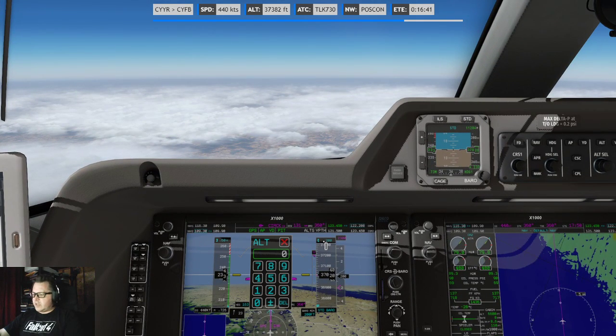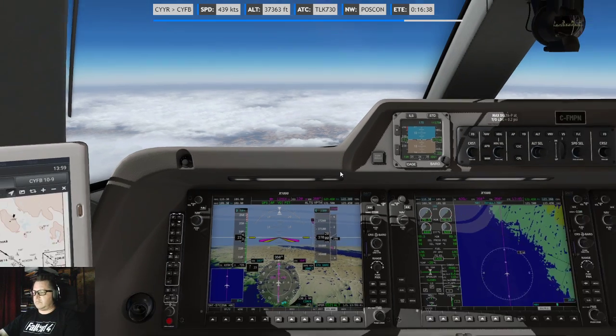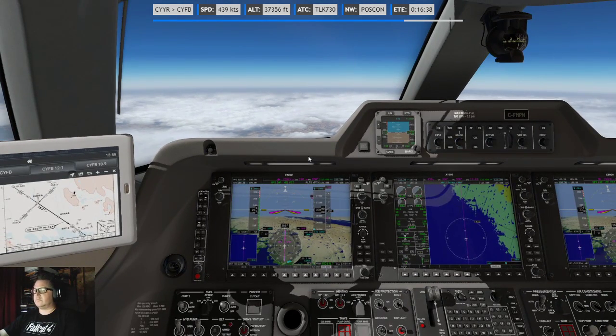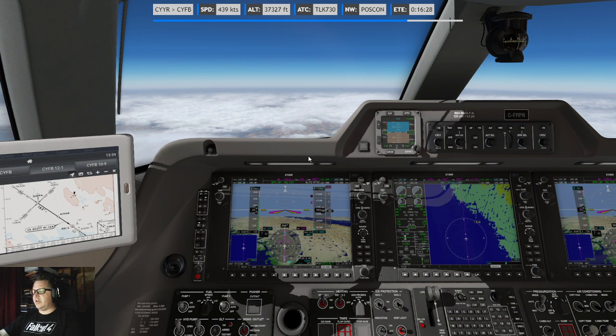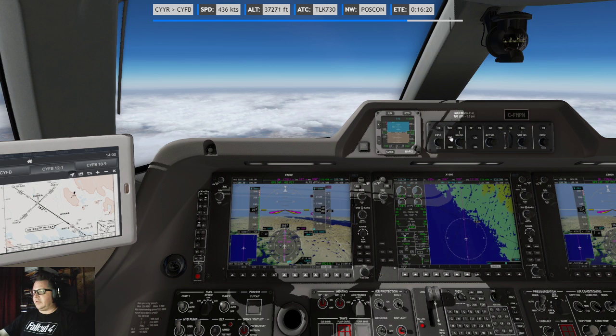Actually, let's not take a chance with that. Let's go. Whoops. So let's see if we start pitching it down. Theoretically, we should. And here we are. Passing it. No. Nav.